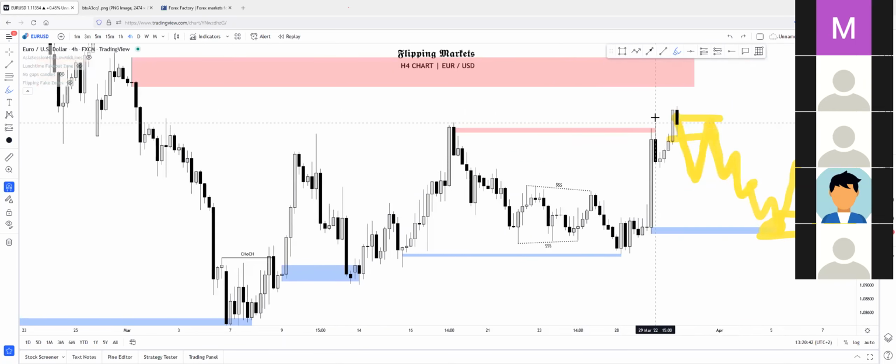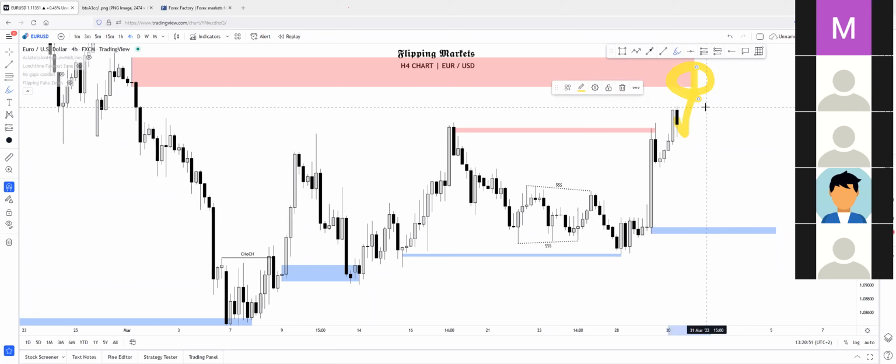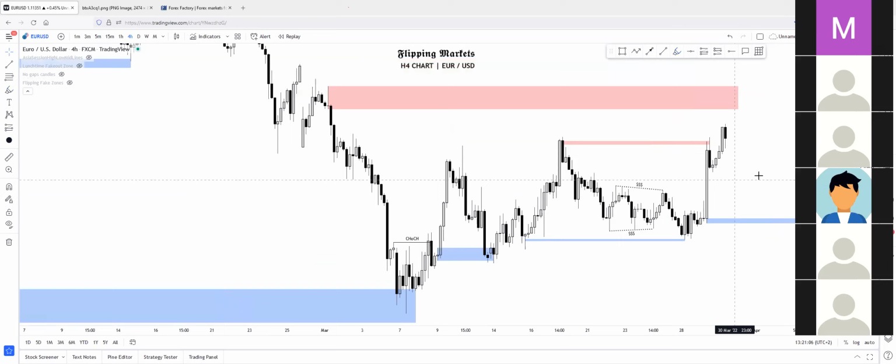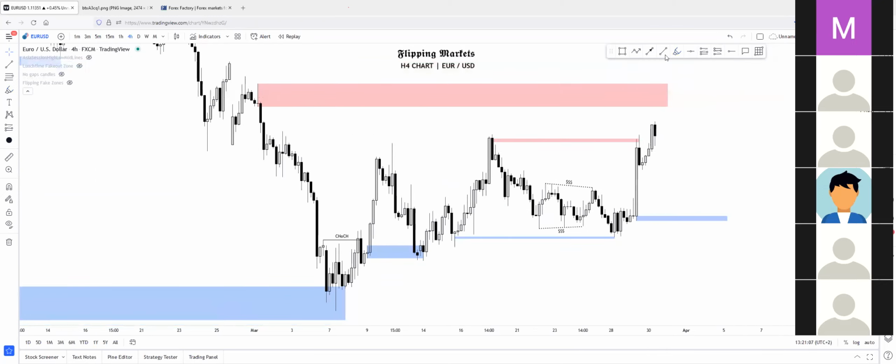This could happen, but price could just decide that it will create a huge bullish movement to the upside and tap this supply zone immediately. What can we expect if this supply tap happens on the 4-hour chart? I'm asking, does the 15-minute choch break the supply? Exactly. I would really expect the 15-minute change of character on this 4-hour zone,